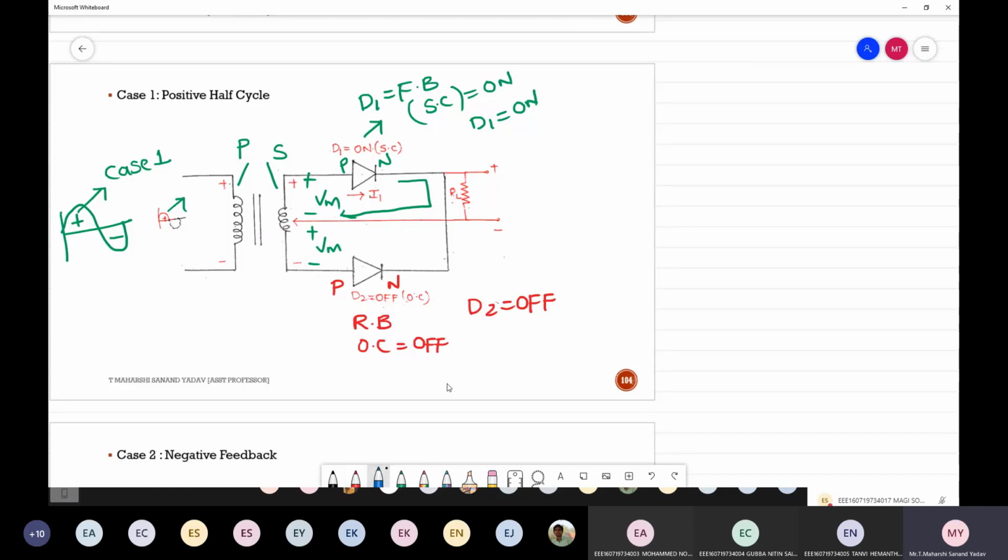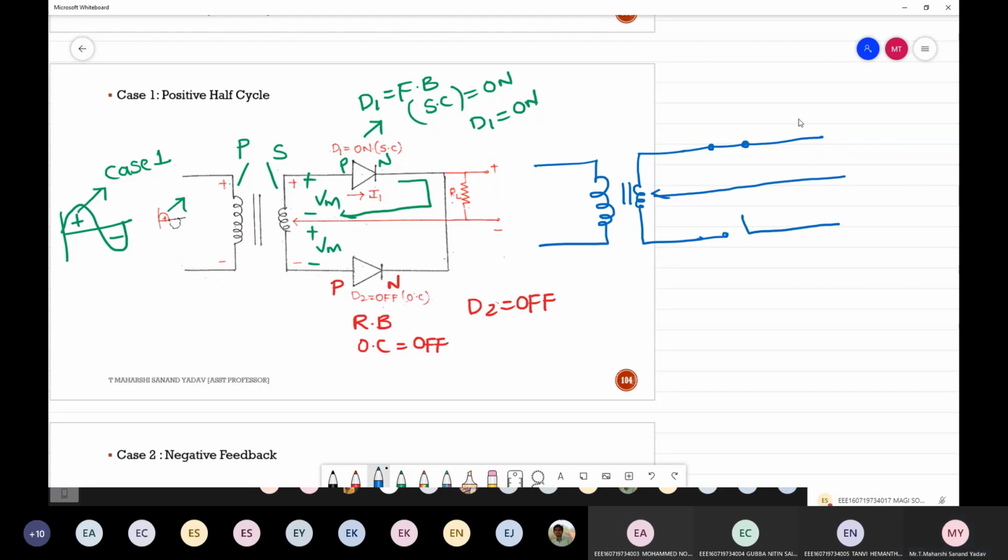Can anyone tell me the equivalent diagram? So again, I'm trying to draw it. Till here, everything is the same. And as you're saying, diode D1 is on, so it is short circuit, whereas diode D2 is open circuit. Clear till here? Make use of the center tap. And I'm applying the load RL. Here I'm taking output across the load. So this is diode D1 which is on and diode D2 which is off.